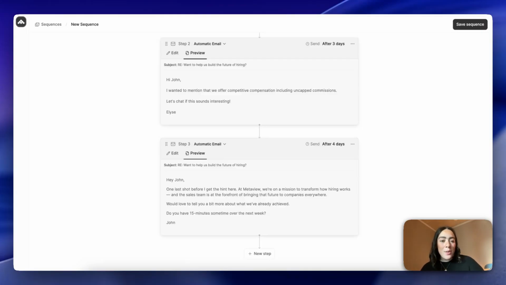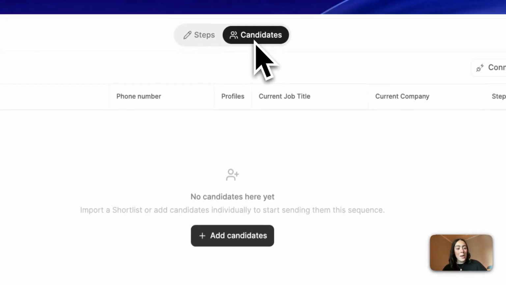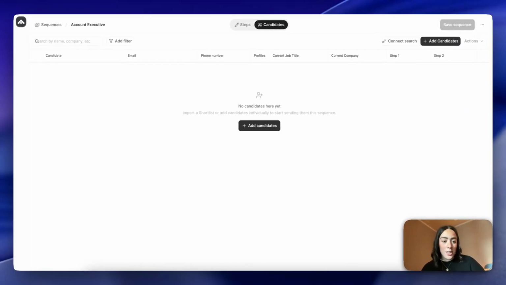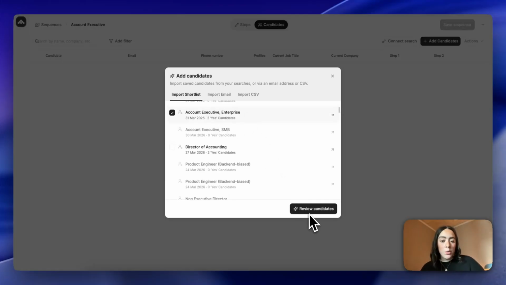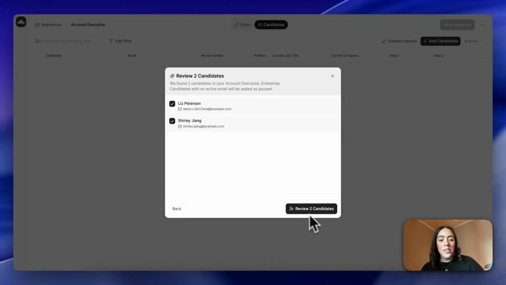Now that I'm happy with my sequence, I'm going to come across and save the sequence and actually start to enroll candidates within this sequence. I'm now going to head across to the Candidates tab to start to enroll candidates into this sequence. As we start to bring candidates into this sequence, this directly comes from your AI sourcing shortlist. So as I come down to add candidates, I'm now going to see all of my searches that I've run within AI sourcing. And for any search that I have some candidates marked as yes, so that's any candidates that I've left yes feedback to, I can highlight that search, review the candidates that I have shortlisted, and then enroll